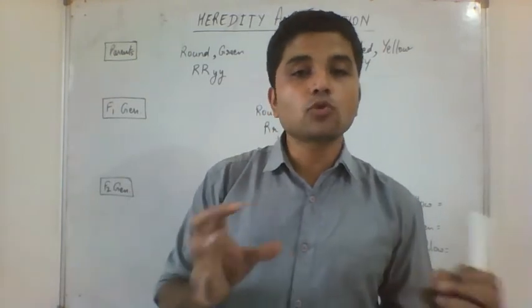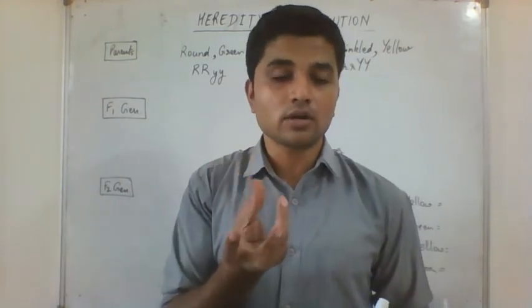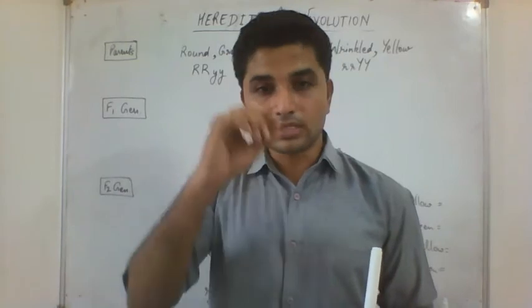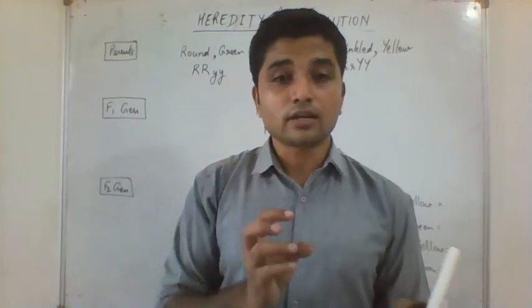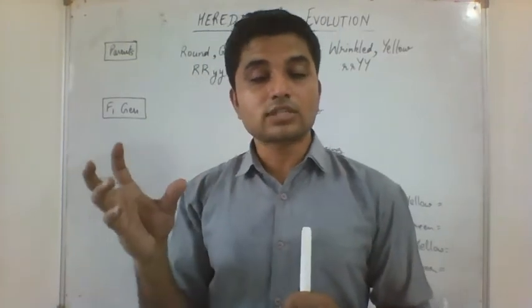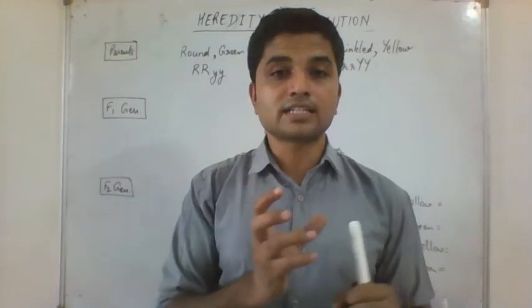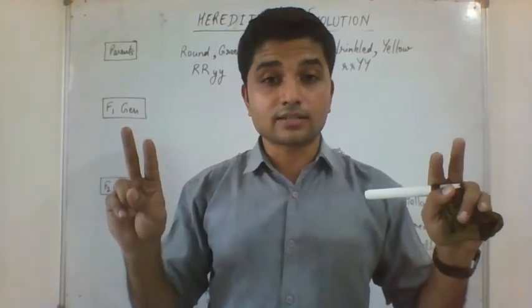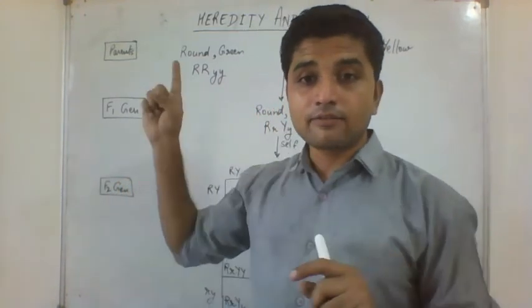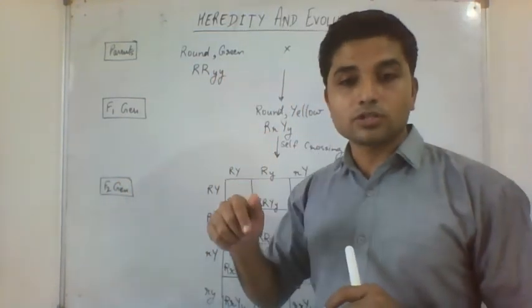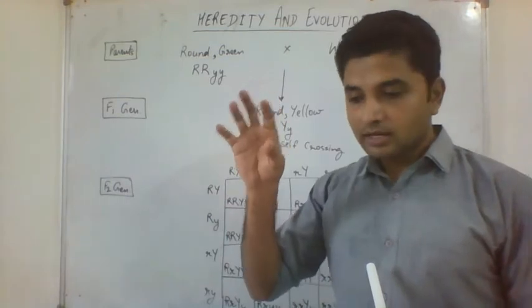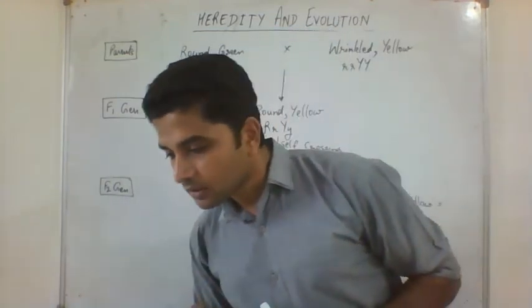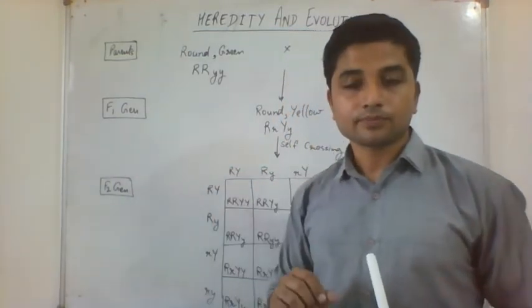And for the shape, most of the seeds are rounded, completely round. But few you will find wrinkled. You will see some lining on them. So they are wrinkled. Those yellow seeds are dominant and round seeds are also dominant. Now we are crossing two plants having two different characters. In your book also you have this cross, on page 145 in figure 9.5.